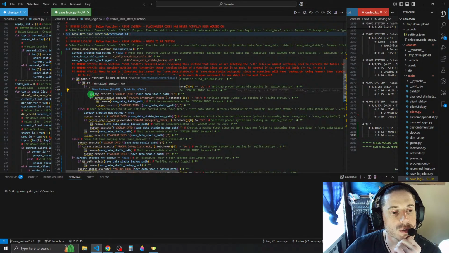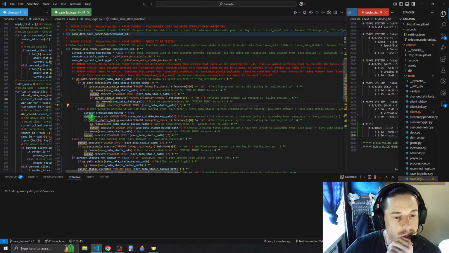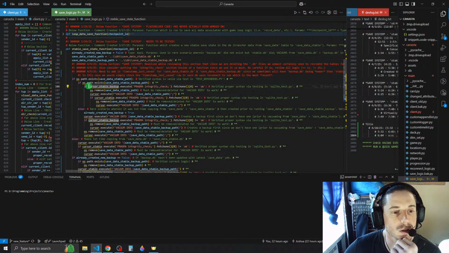It's remove, vacuum, and then we're checking it and then just redoing it. Same thing here. We would do integrity check, remove. Let me make sure it's exactly parallel though, because it has to be. So we have cursor stable backup,